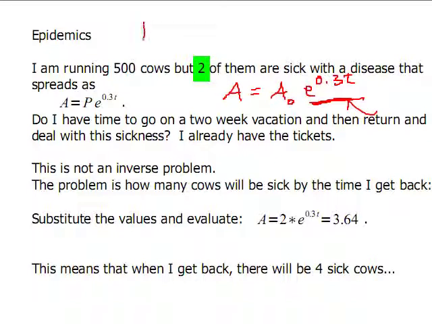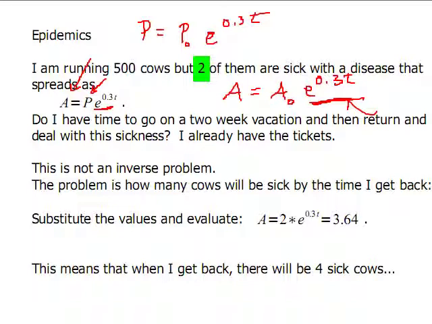I think in the homework problem I used P as the initial variable for sick cows, and I'm not sure what the equation was for that. But here, it doesn't matter. The idea is that whatever you have here is the initial number of cows that are sick, or people that are sick. Here is the number that are sick at some time t, and this is determined and given to you as